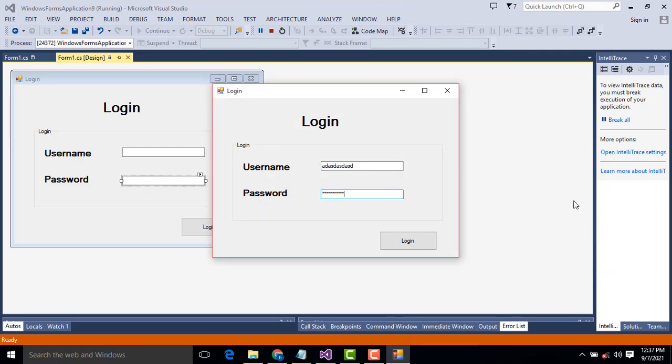Okay, this simple example will help you learn C#.NET login validation. This is very simple. This is the security part. If you are using it in your future programming projects, you have to put this in.